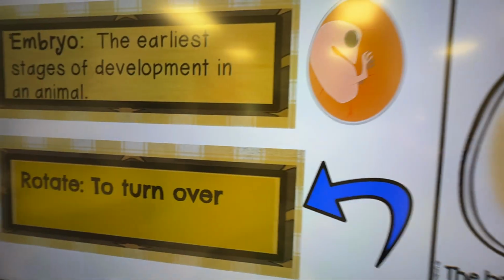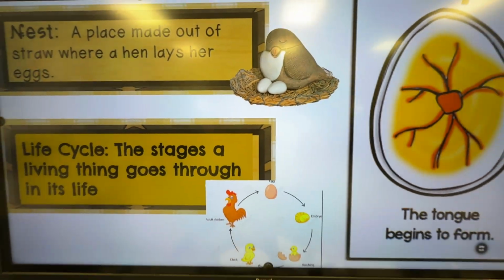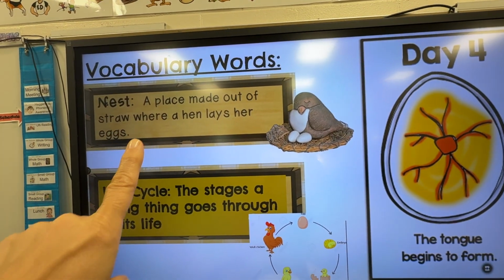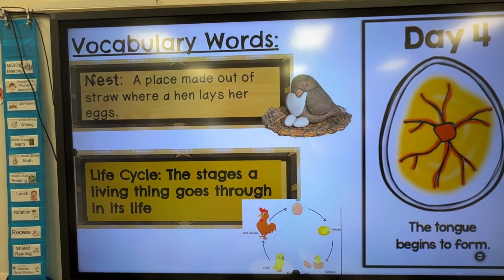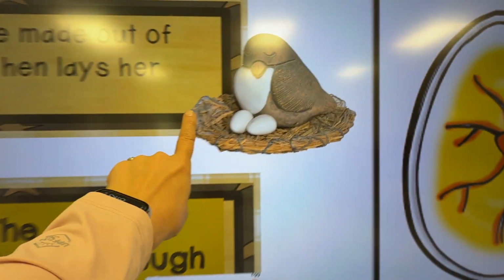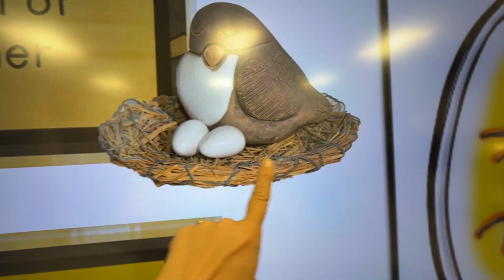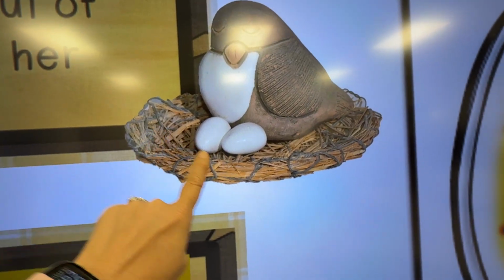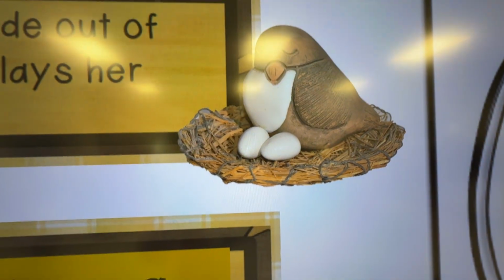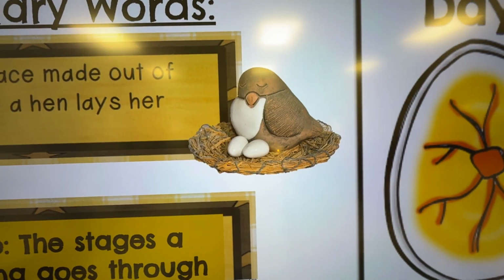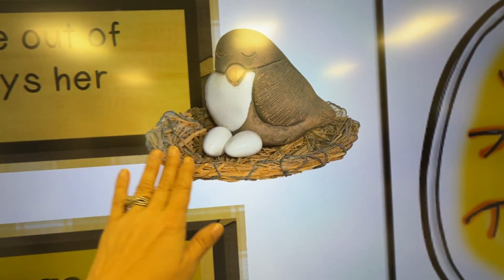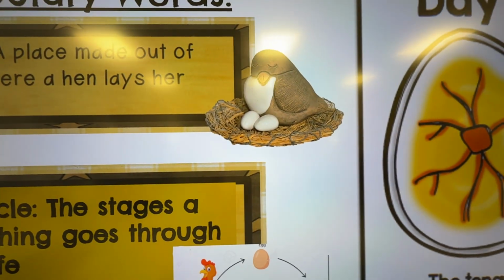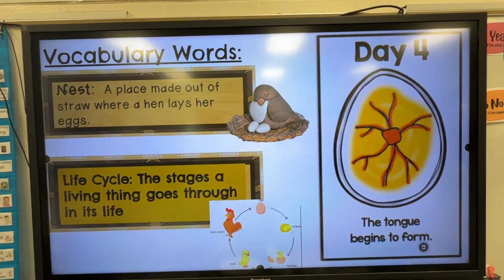And then on day 4, this is where we are today, we are learning 2 new words. Nest, which is a place made out of straw where a hen lays her eggs. So if you see this little spot that she's sitting on right here, this is a cartoon picture, right? This is not real. But if you see this nest, chickens in the wild, or chickens if you allow them to free range, will find any soft spot made of grass, straw, anything that they can find to lay their